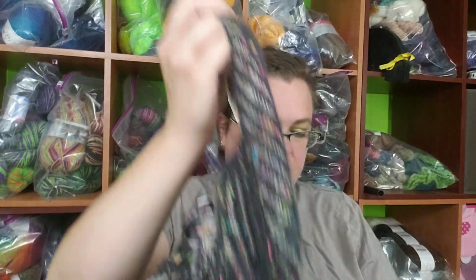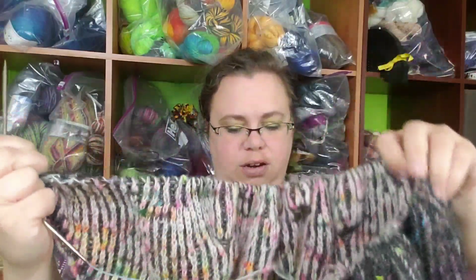And I am knitting this on size 5 needles. These are my interchangeable Addi clicks. They're Addi Turbo lace clicks. And so far it's going really well, except for that one error, which,